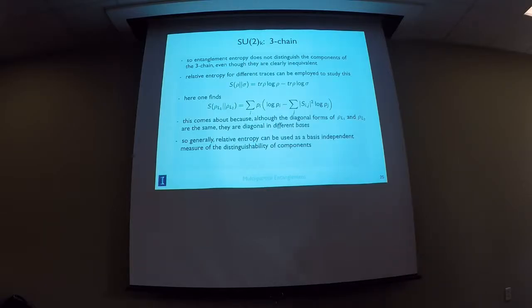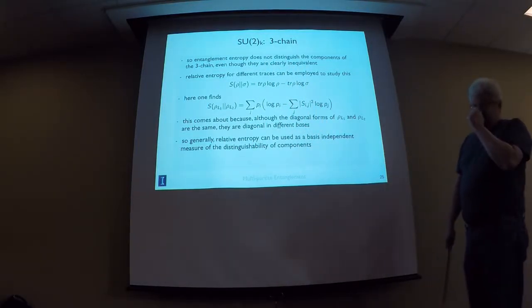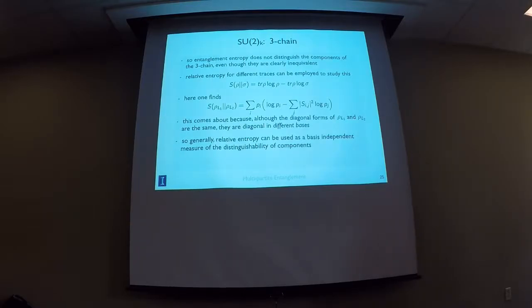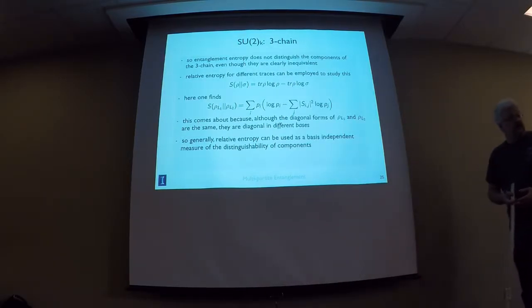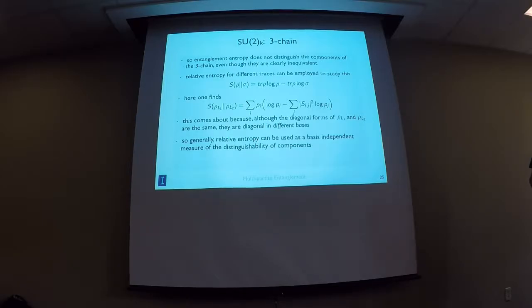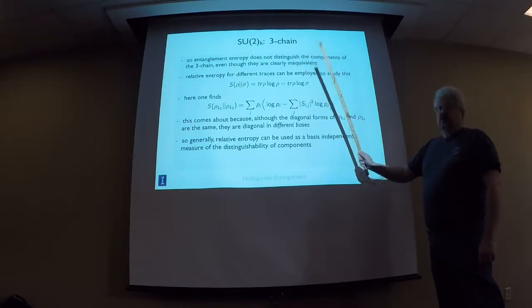As I said, when you trace over any of the components of that link, you get the same answer. The reason is that you get a density matrix which has the same eigenvalues. But it turns out that those density matrices are diagonal in different bases. In other words, I have to do a unitary transformation to diagonalize the matrix, and it's different depending on the case. So one way to distinguish those reductions